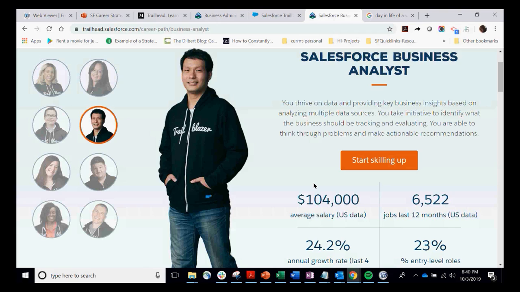You'll probably be working with the Salesforce admin. Most Salesforce BAs were probably admins before, but they're able to, like you said, make recommendations. And like I said, you'll always have a job,